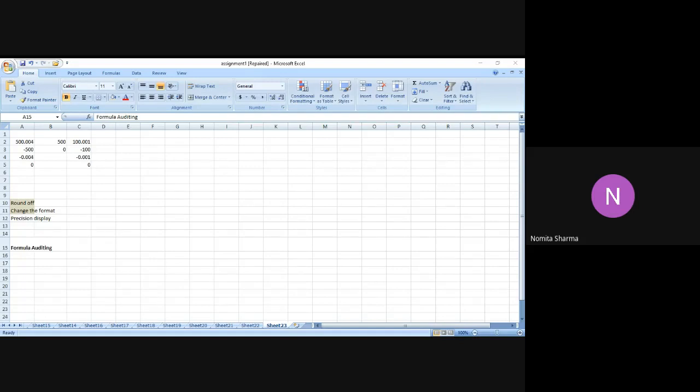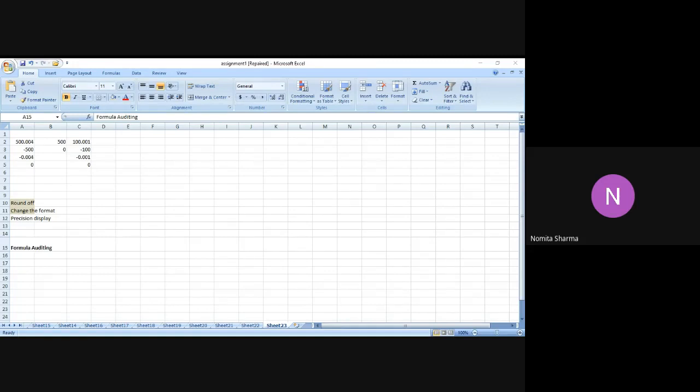And remember, in the office you have only 8 hours to work, and your boss will only give you a few minutes to work on that particular problem. You can't afford to spend one complete hour to audit your formula. That way you are giving a message about your own efficiency. So we have this option of formula auditing, which, if we use, will speed up our task of finding the errors which are coming up.